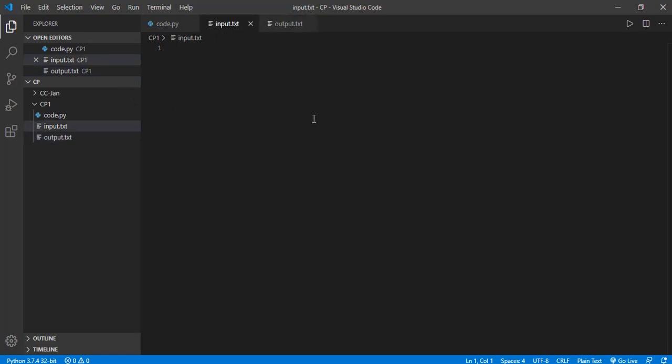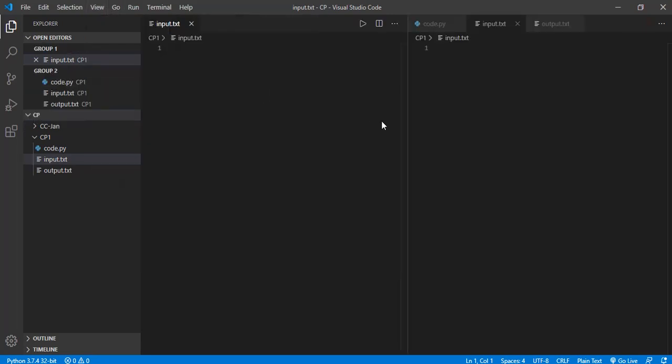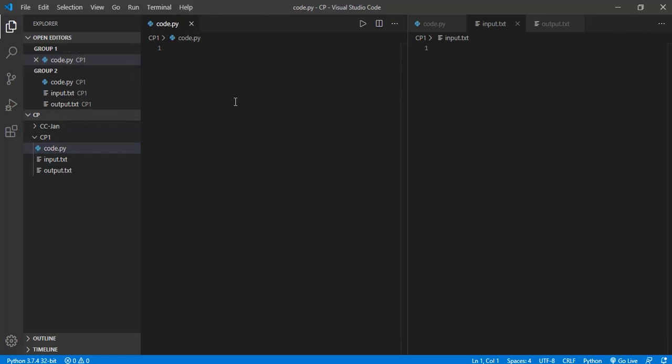Now the next thing that we are going to do is make sure that it looks very nice, and in one glance you can change your inputs and view the outputs. In the current setting you are going to have to always switch between different tabs. So let us just go to view, editor layout, and split screen. The split does not look very good, but this is how it should be. In this split we like to have our code file, so we'll just shut the other window. Here we're going to place our code, and here we're going to have input and output.